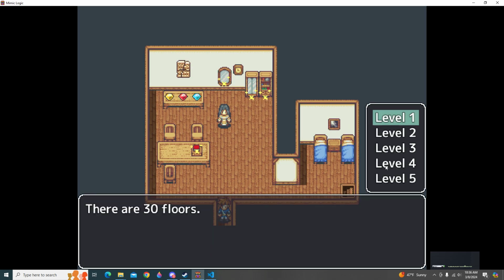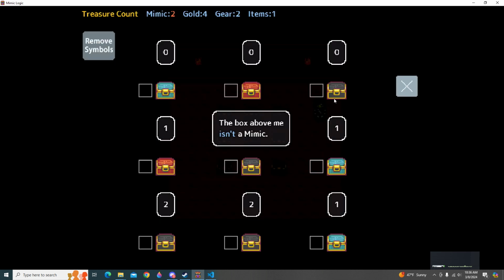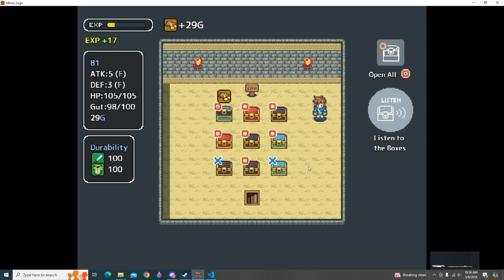Alright. One more try. We're definitely going to get it this time. Okay, could this be dishonest? Well then, these are all... Yeah, that's... No, it can't. Cool. Okay, so one of these is a mimic, which means this has to be the other mimic. And...